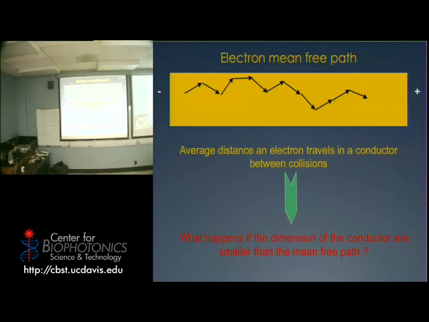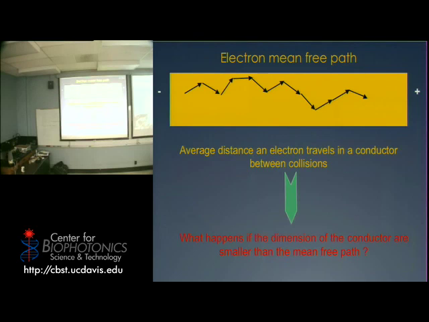And depending on the material, the distance that an electron travels is called the electron mean free path. So how far the electron can move before hitting something in its way. Normally, in a wire of a conductor, this is really not an issue. All you see is the current flowing. But the electron mean free path has a finite value. Usually it is in the order of several tens of nanometers. So what happens